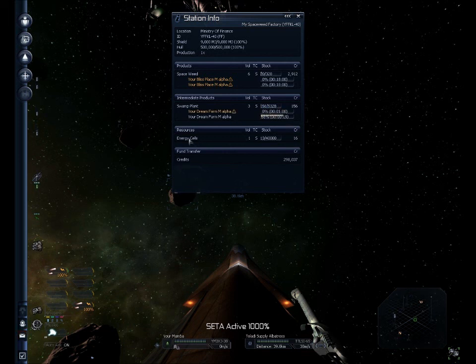So I'm going to go ahead and stock up energy cells. Then these will run at full steam, then this will run at full steam, and I'll be producing my first space weed industry. I've never done this, so I can't wait to see what the income potential is, and I'll